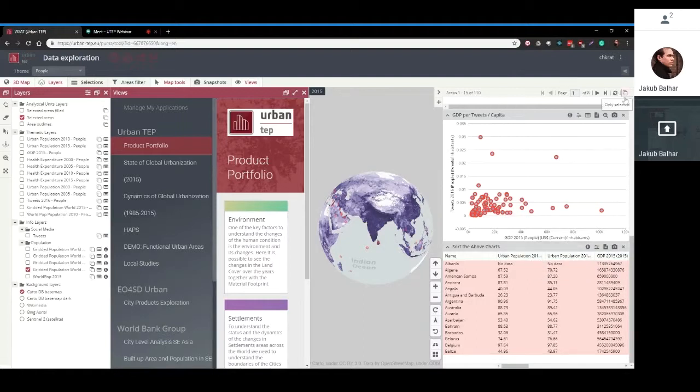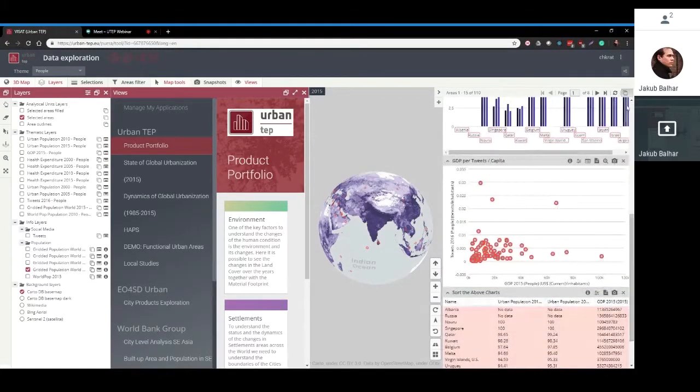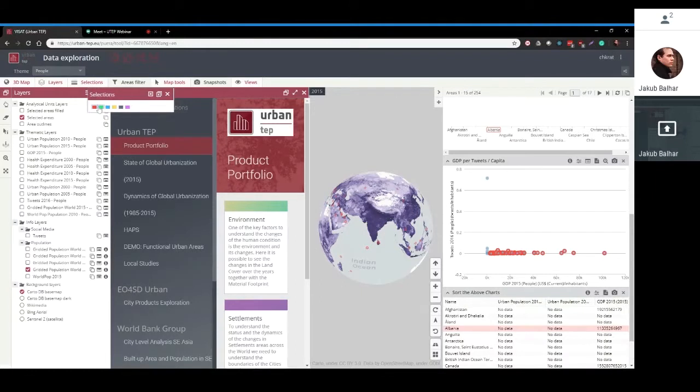If we already have only selected, we can still sort the information based on the table below, but we'll only take into account the selected areas. When we are in the selections, if we remove only selected and go back, it's possible to have multiple categories of selections. Here, if I clear the selections altogether,